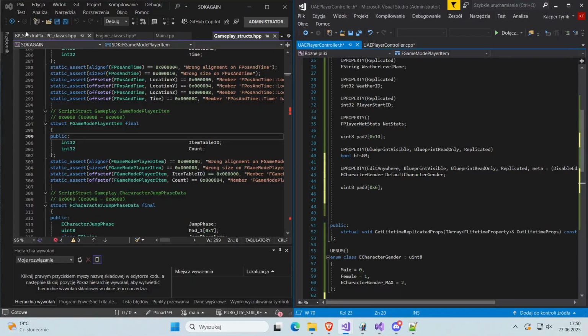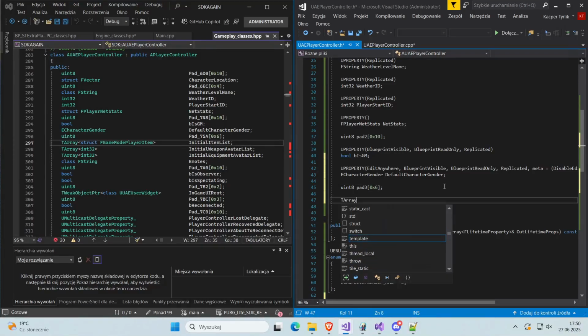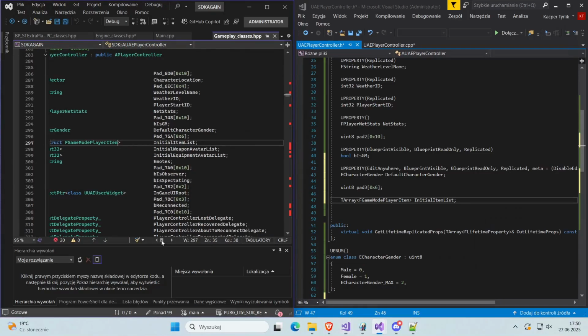Okay, so we can go back, can go in here, and here we have TArray of F game mode player item initial item list. Okay, and this value